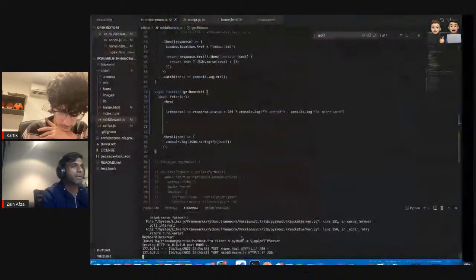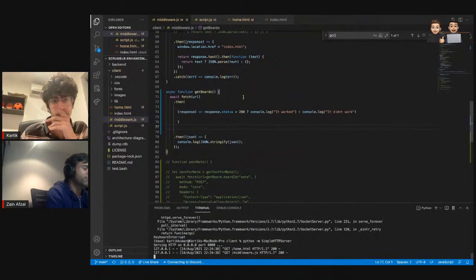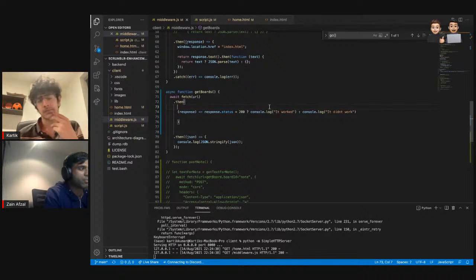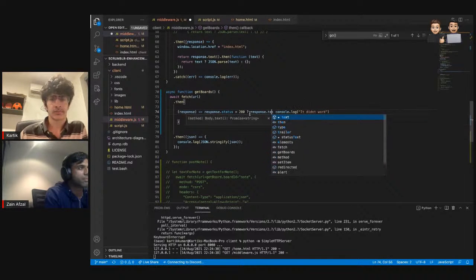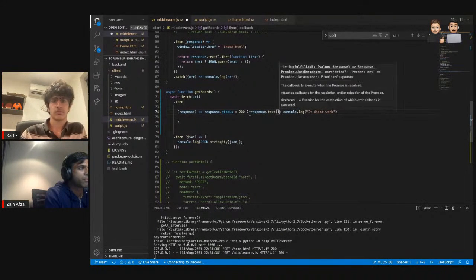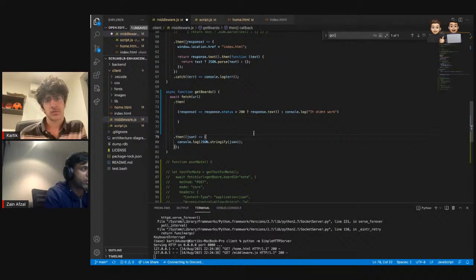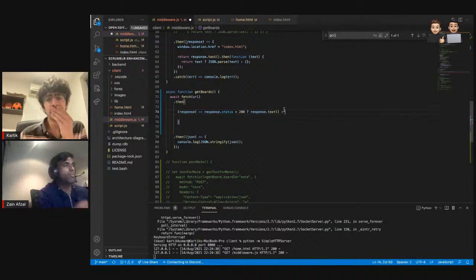So bringing the get boards back, as in response dot text as a function. Where you have console.log, it worked, or do it on that? And if it didn't work, what do we want to do?